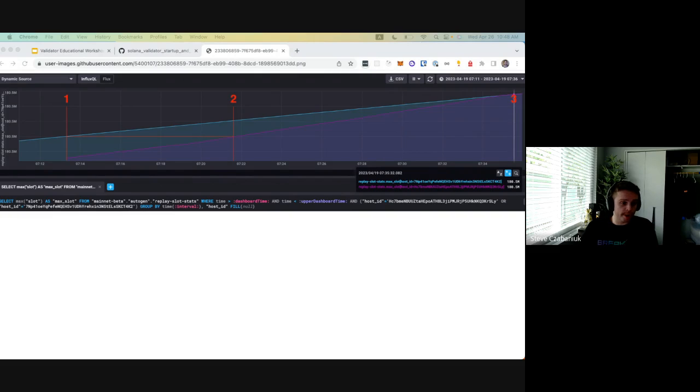A good way of thinking about it too is, from marker 1 to marker 3 all the way on the right, you're replaying slots faster than the cluster, right? Because you were behind, but you're catching up. So it's kind of intuitive that you're using more resources and stressing your node more because you're doing more